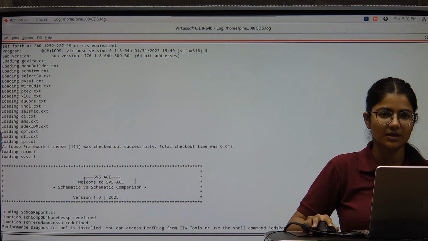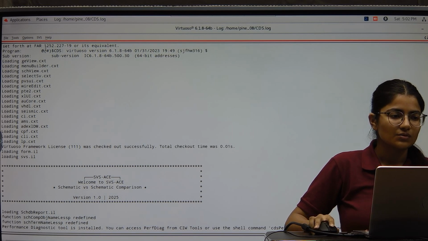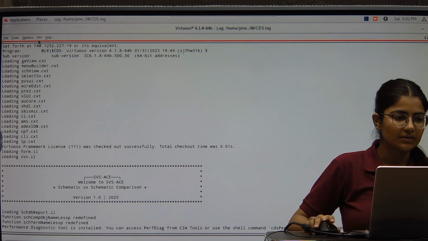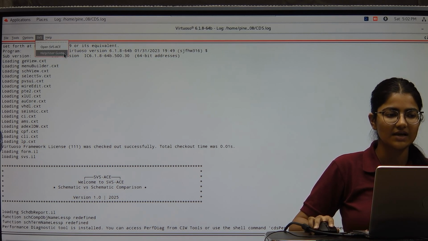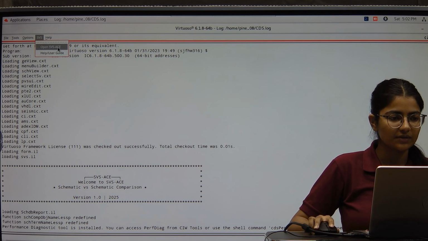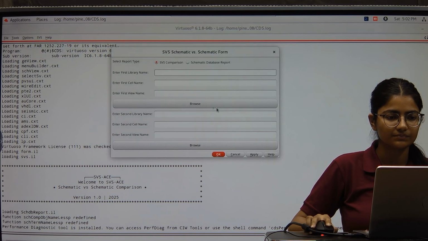Welcome to SVS ACE, schematic versus schematic comparison. Here you can see the SVS menu on the CIW window. As you click on this menu, you will see two submenus, Open SVS ACE and Help/User Guide. As we click on the Open SVS ACE menu, this is the GUI form that we have created